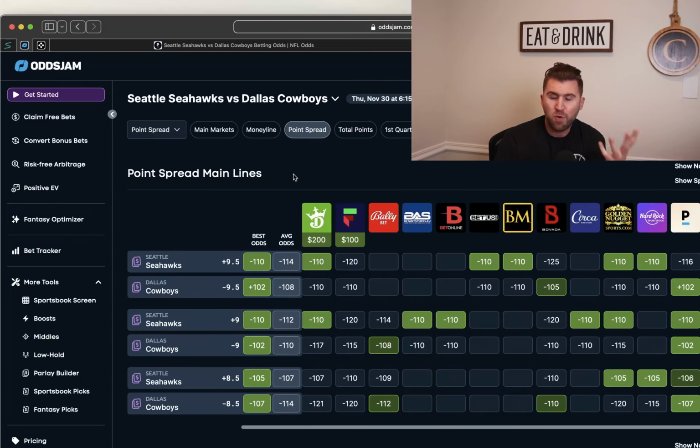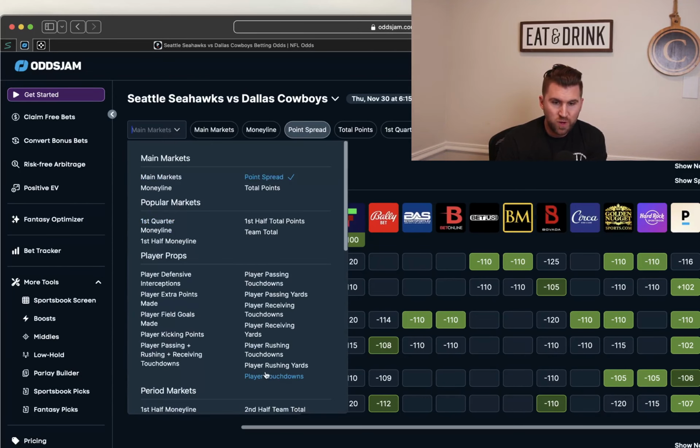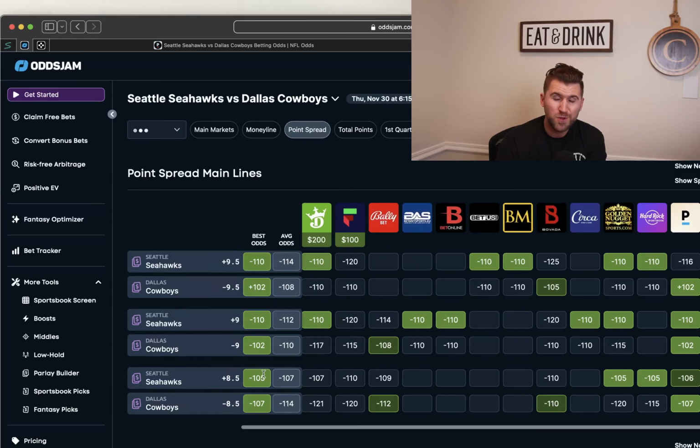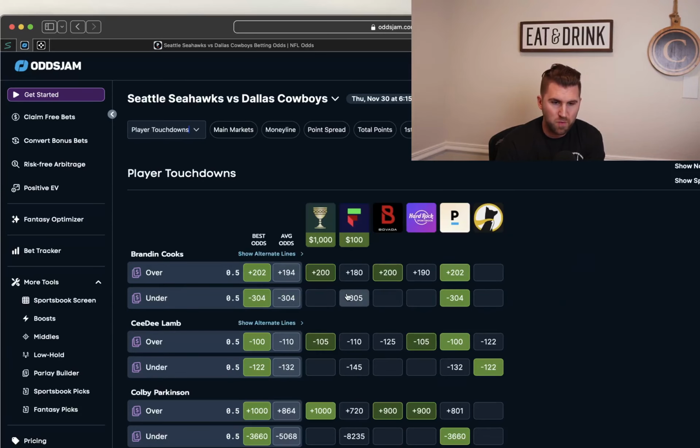Now, when we're talking about point spreads and money lines, we see tight market widths, a lot of confidence. But over at OddsJam, if we go down to, say, player touchdowns, you're going to see a vastly different amount for market widths, right? It depends on the player. Like CeeDee Lamb to score a touchdown, it's 32 cents in market width. Not too shabby there. Brandin Cooks, on the other hand, completely different. It's 102 cents in market width. It's much wider. That's why you see varying odds with different sportsbooks right now.